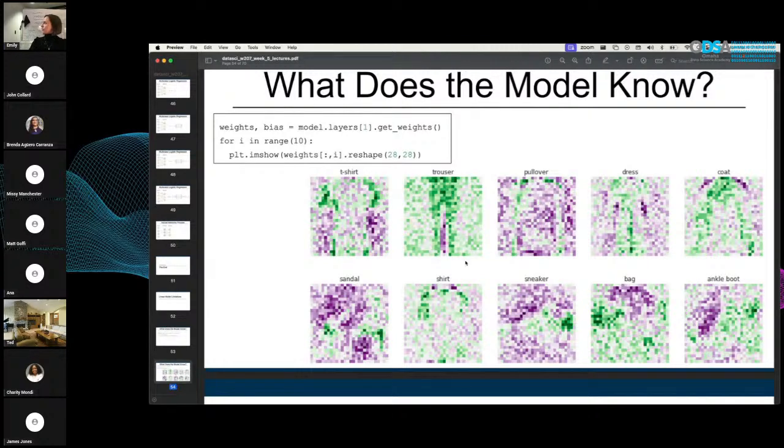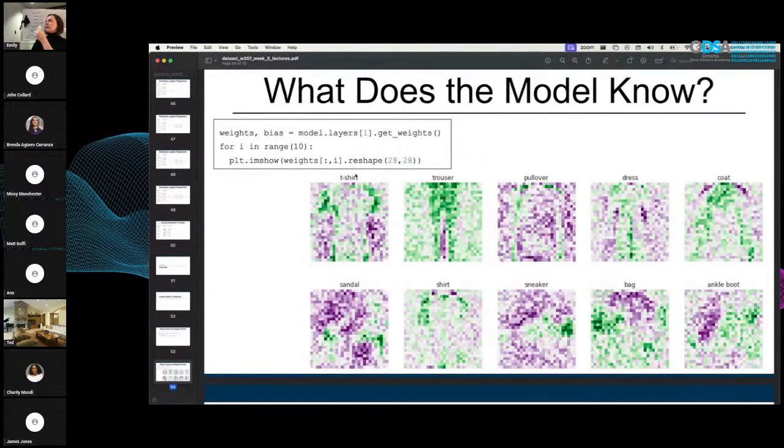For pants, it looks like over here, and for coat, it looks like over here, and dress, you can see maybe is a little harder. Pullover, it's really important, these edges over here. So the downside of using a linear model is it's treating each of these pixels independent from each other. So this pixel just cares about, in my training set and all the history that I've seen, when it's been a shirt, how bright or how dark has this pixel been in the past. That's all it cares about. It doesn't care about the pixel above it, the pixel below it, the pixel next to it. It just cares about itself.